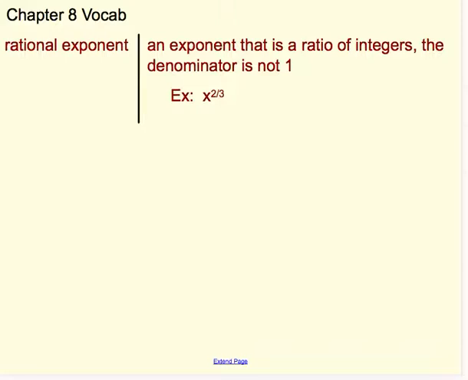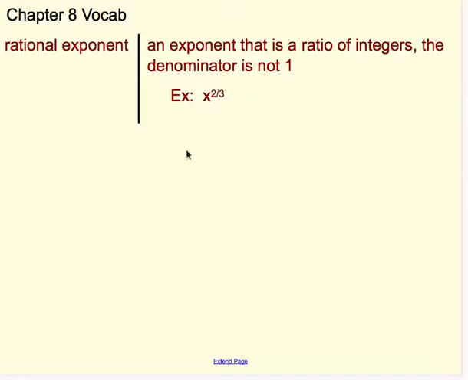So yesterday we learned how to simplify radicals. Today we're going to take a look at another way of expressing a radical, and that's with a rational exponent. Rational number is, remember, a ratio of two integers, so that's what a rational exponent is. So one thing I want to do is help you make the connection between a radical form and the rational